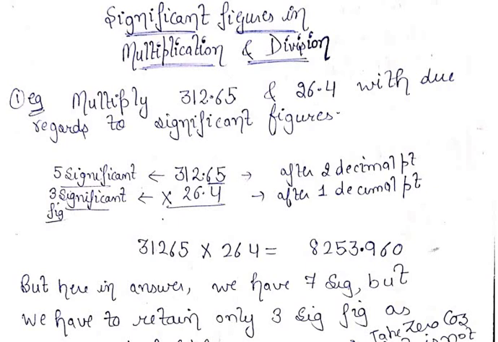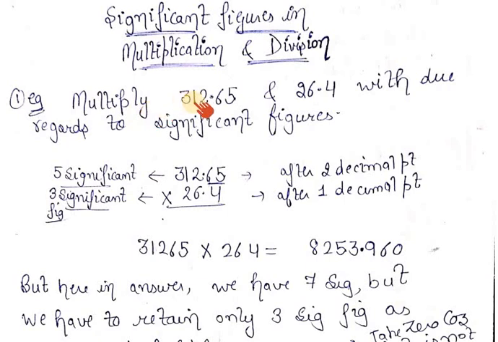So today we are in the continuation of the topic that is significant figures, right? It's the third part of this topic. In the first two parts we have done how to subtract significant figures and how to add two or three numbers having a particular number of significant figures. So in this lecture we will do how to multiply and how to divide numbers with the required number of significant figures. First of all, let's start with one example.